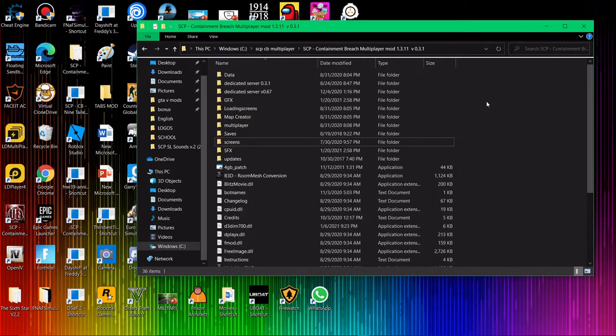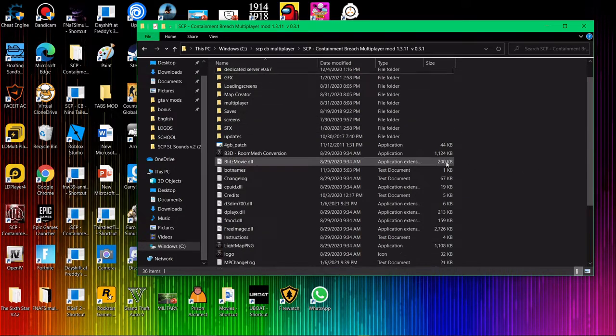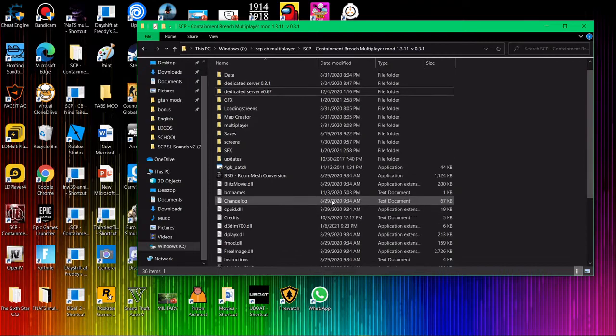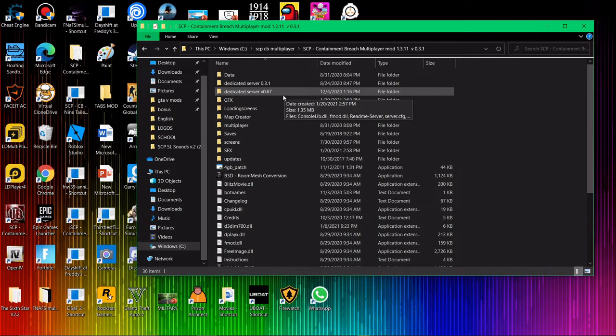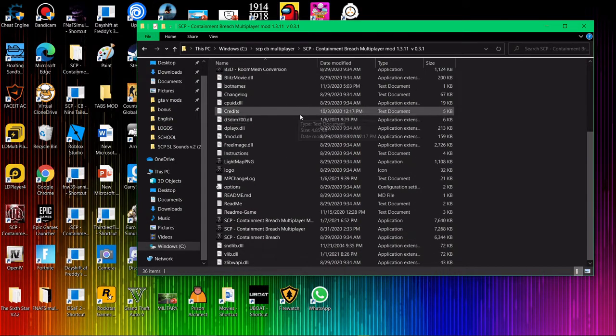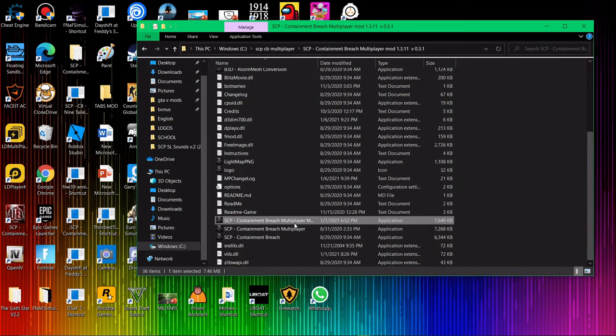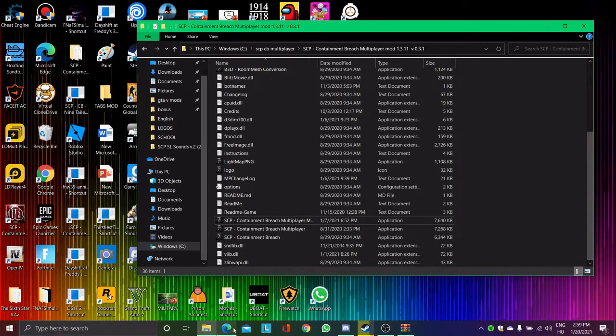Now, to host your server, there are two ways. You can either create a dedicated server, or you can host your server inside the game. Dedicated servers run better, but are much harder to create. If you want to create a dedicated server, I recommend searching up a tutorial on YouTube, because I know how to create a server, but it's pretty complicated and it involves personal details, so I don't recommend doing it. I'm not going to do it. Either way,